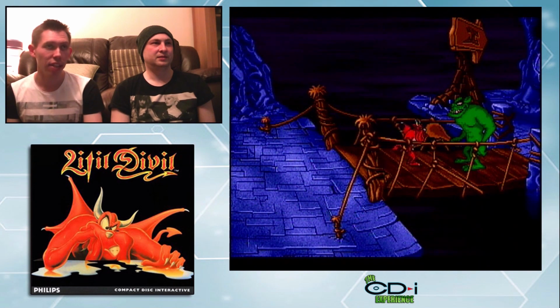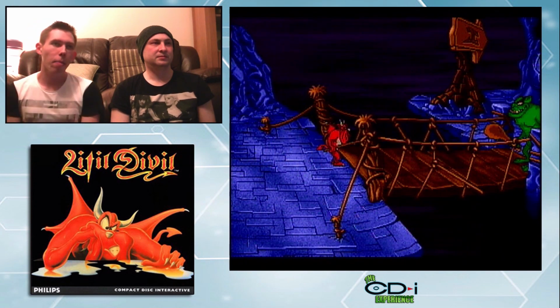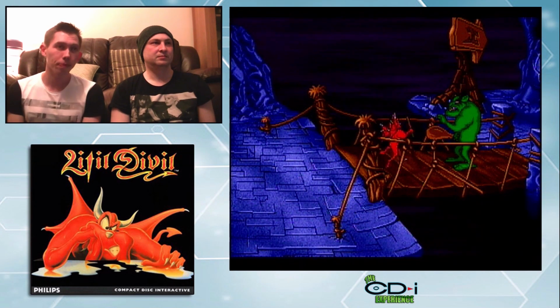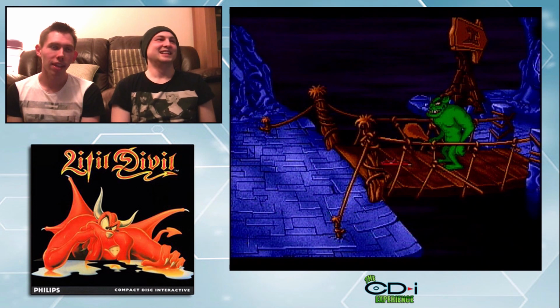If you go too near to him and you keep hitting him too many times, he'll eventually get you and he'll squish you with his club, or he'll try and knock you off the side. But it takes a little while, and if you do it right, he actually will fall off the bridge, so...